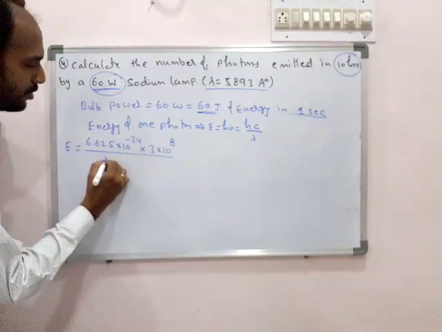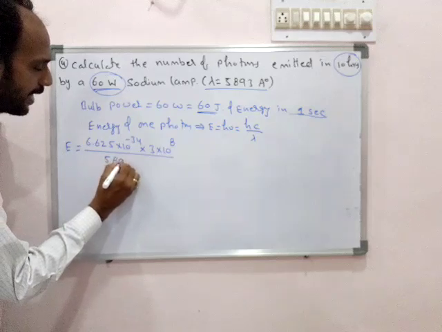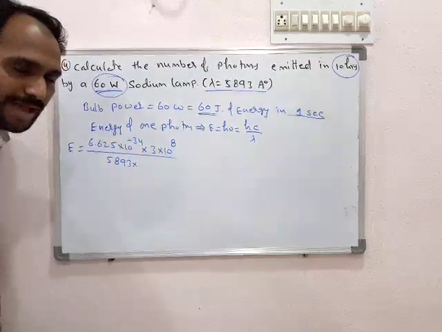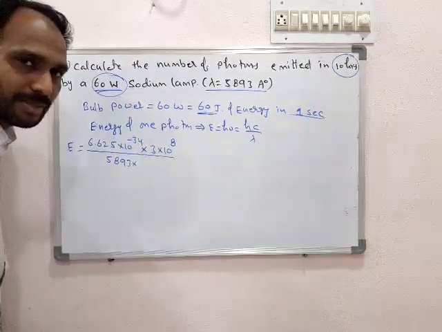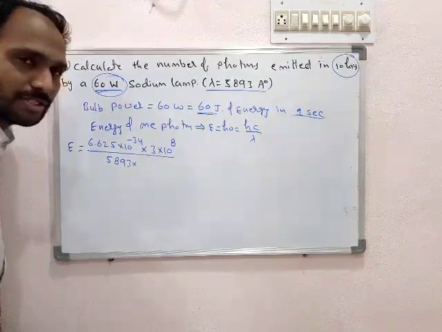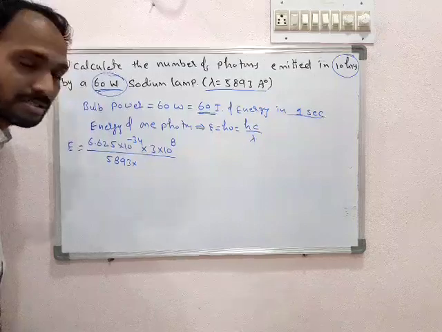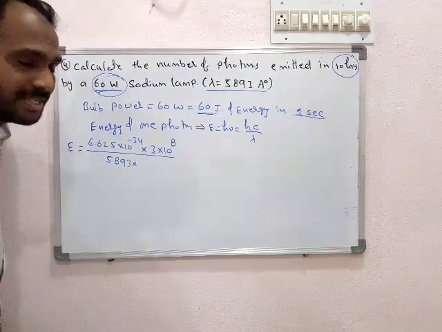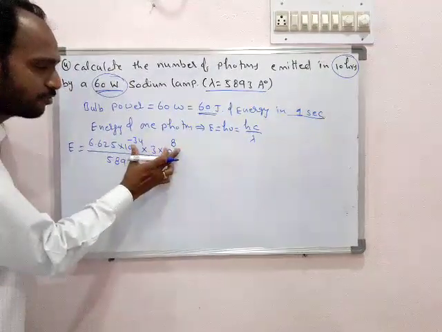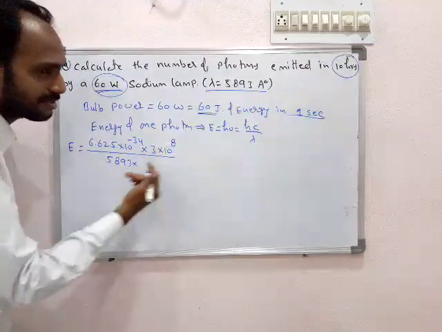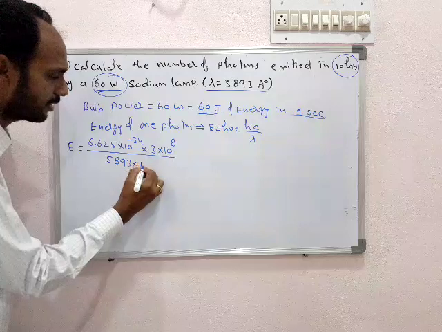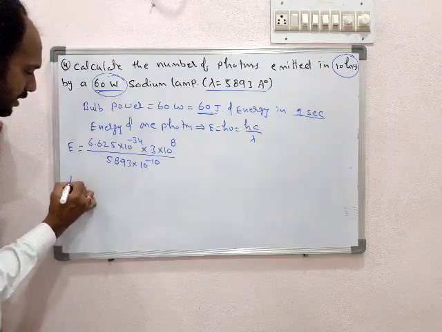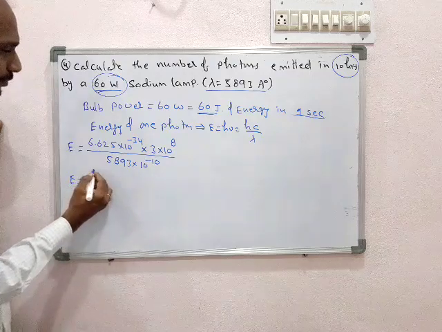By lambda, so 5893 angstroms. We never do the calculation in terms of angstroms and nanometers. We should take centimeters or meters. If we take the SI method we should take meters, and in the CGS method centimeters. Here we already followed the SI method, so let's convert angstroms into meters. So here we get energy is equal to